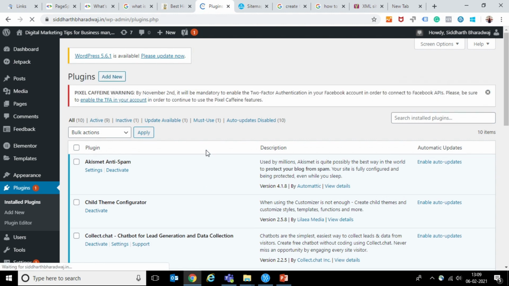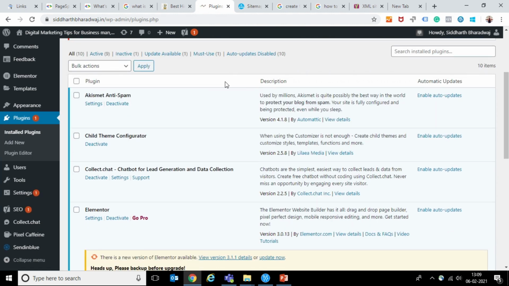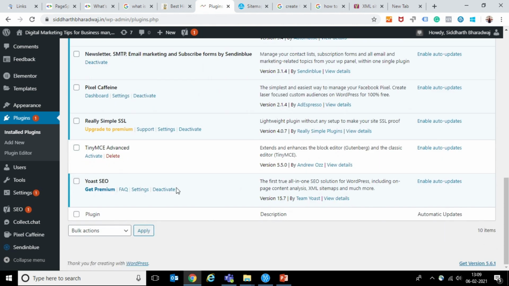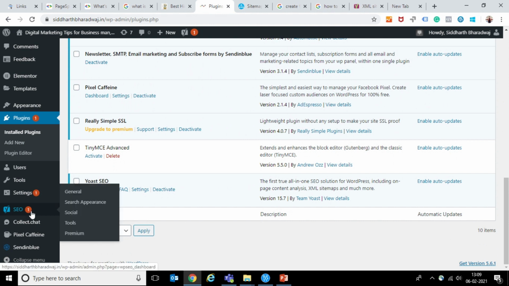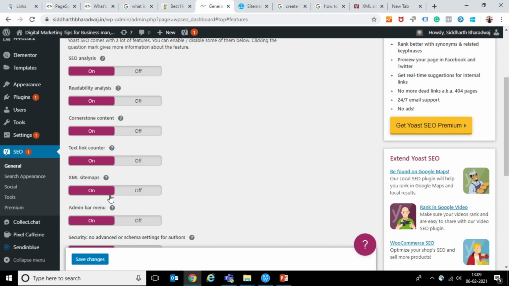The indexation on this is very seamless if you have the Yoast SEO plugin. Once you have downloaded it, you will see SEO appearing here. Click on it, go to General, go to Features, and you will see that your XML sitemap has already been activated.